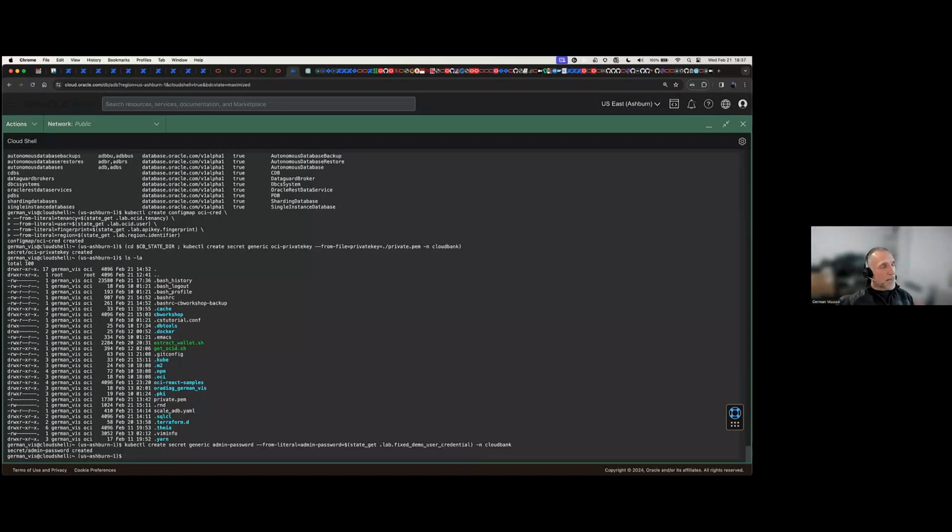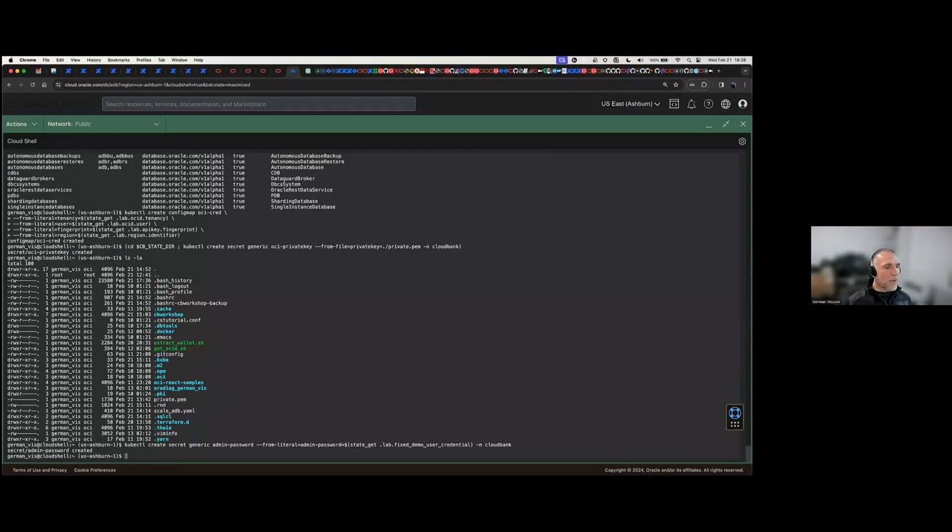There was a step that I did not show, which was done in lab 1, which is all the setup of the Kubernetes cluster, where I provided this information in variables, and now they're being extracted. For example, I provided a password that the database should have. I provided the OCID of the tenancy. I provided the OCID of the compartment that I'm working with. So basically, the system within lab 1 collects a whole set of information that now can be magically referenced with these commands, okay? So I did this in lab 1.